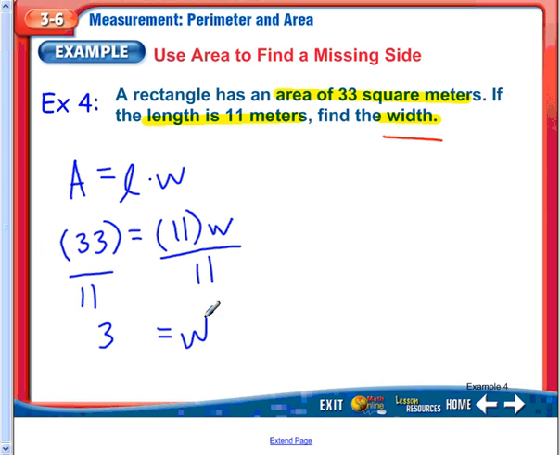Since I'm solving for the width, even though this is an area problem, I'm actually solving for the width. My units are going to be meters. They are not meters squared because I'm not solving for